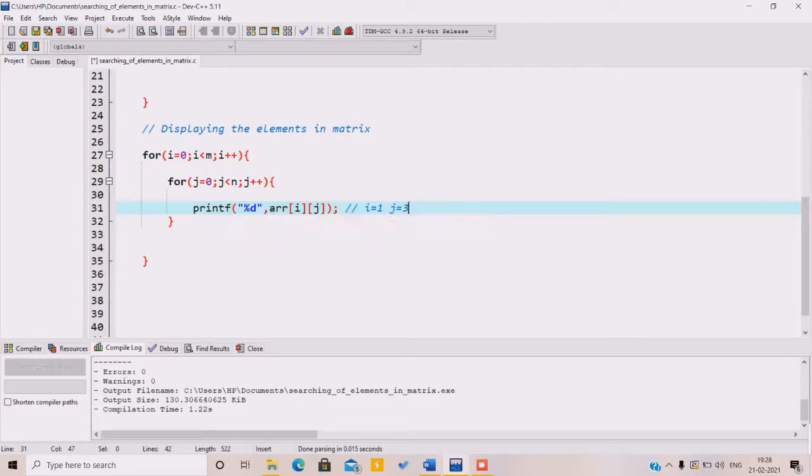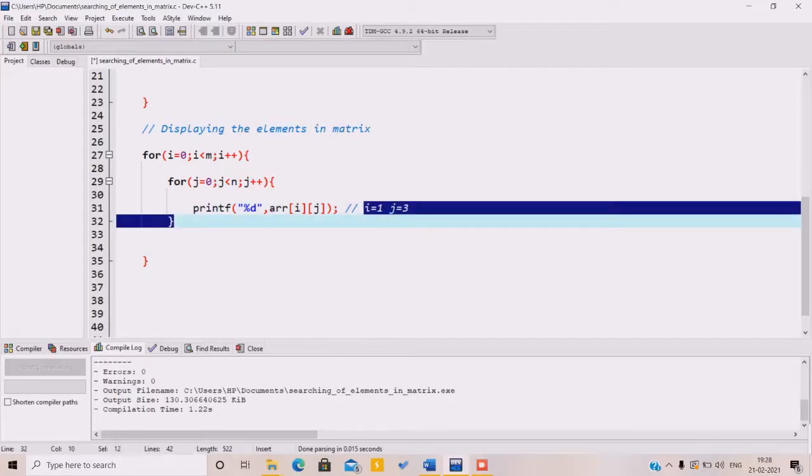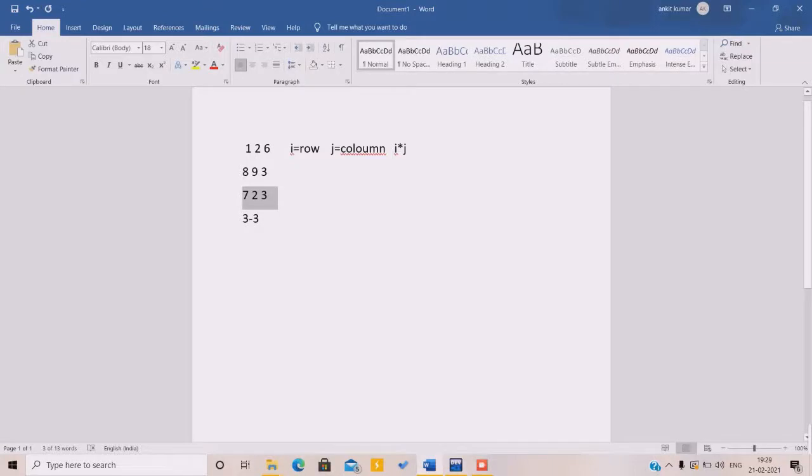So this is for printing every element of the array, and if one row is completed, like here this is the first row, then we generate a new line every time.